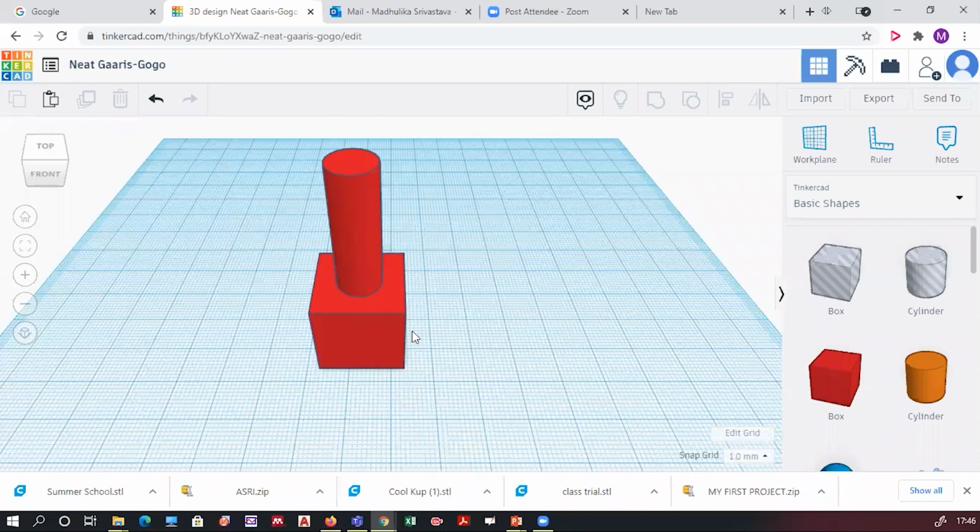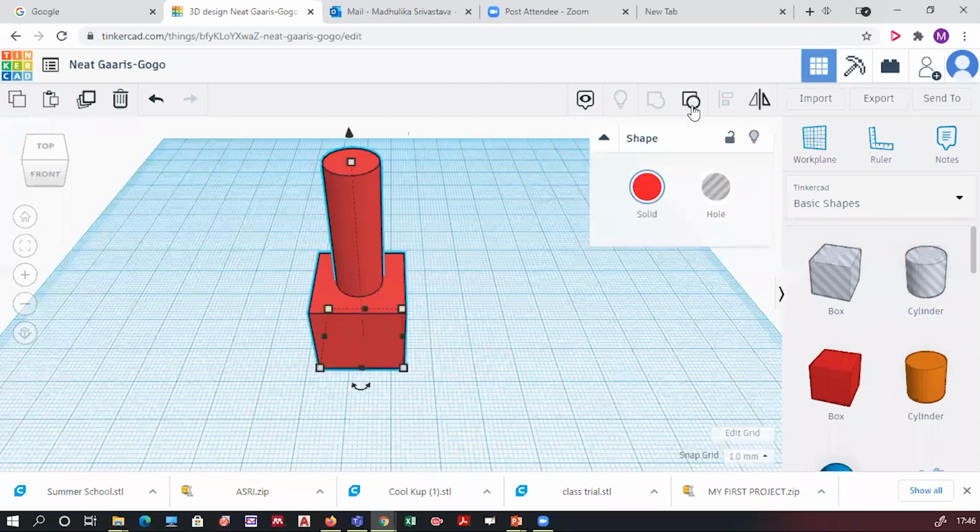Now, if I want to separate the object, again I will select the two objects together. And if they are grouped together, you will see the ungroup option, the fourth option, ungroup. Just click on that. And again, these two objects became separate objects, right?